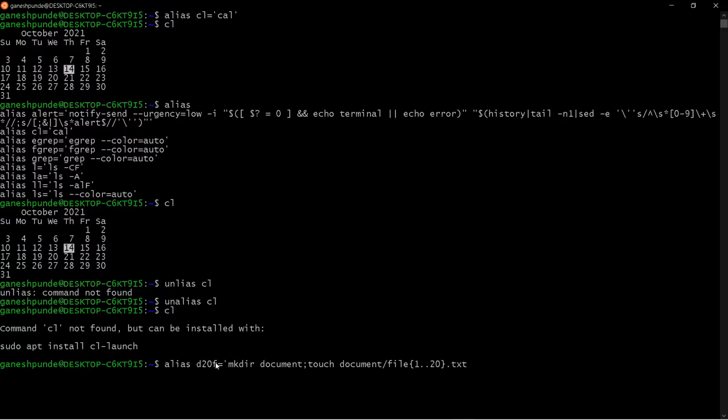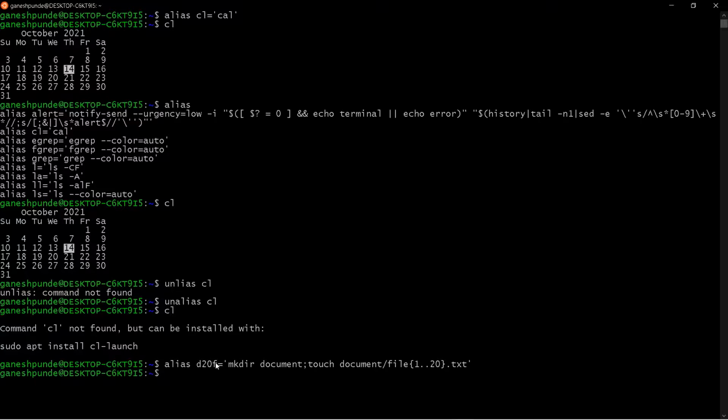So basically you are creating the directory, then you are creating the 20 files. Those files will be file1 till file20.txt, and you are assigning the alias for that. So what did we learn? If you are creating an alias, there should not be any space. Do you see any space there? No. So if I create this alias now, the alias is created.